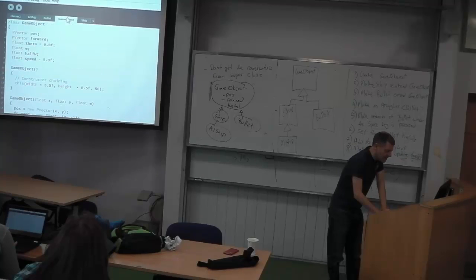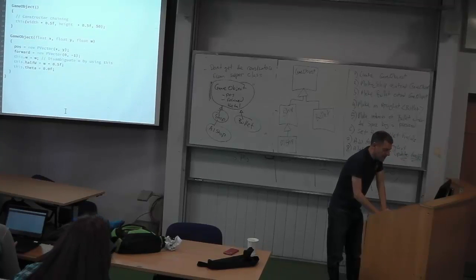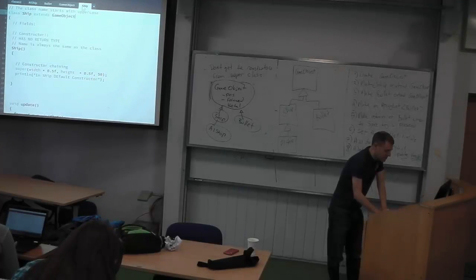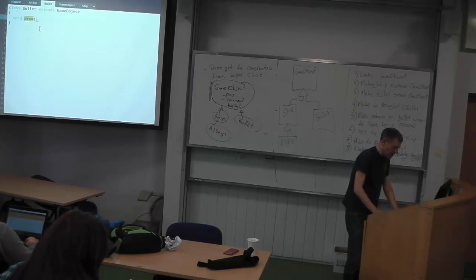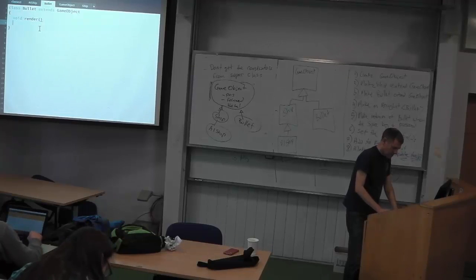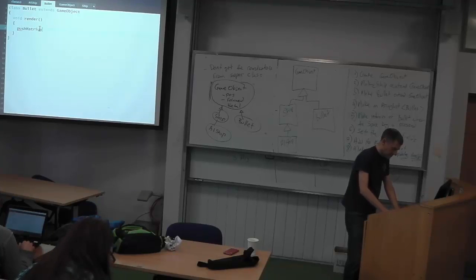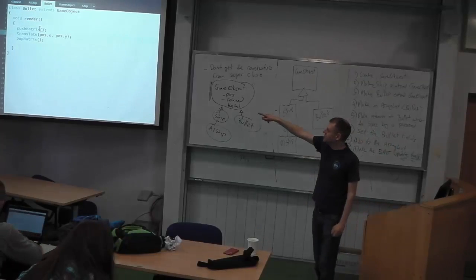There's the AI ship. There's my game object now. So anything I think everything needs to do, I put into the game object class. There's the ship class. The bullet class. Bullet's going to do two things. First of all, let's put in a void draw method. Or we called it render, didn't we? So the bullet rendering is going to be similar to the other rendering. Let's go pushMatrix. Let's draw the bullets as if they were centered around 0, 0, 0, and popMatrix. Then let's do translate. Let's translate to pos.x and pos.y. Now the cool thing is I haven't put pos.x and pos.y into this, so it's getting